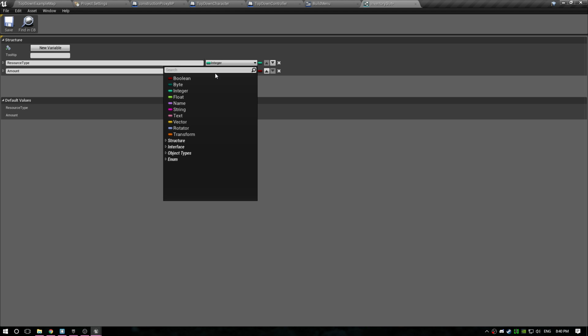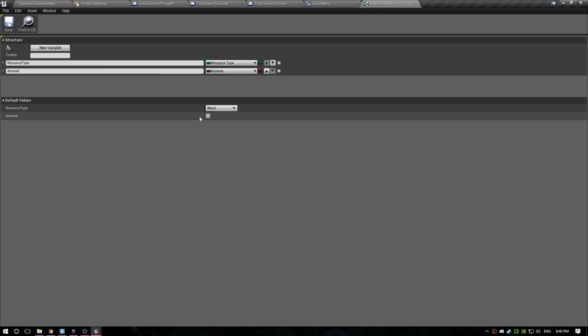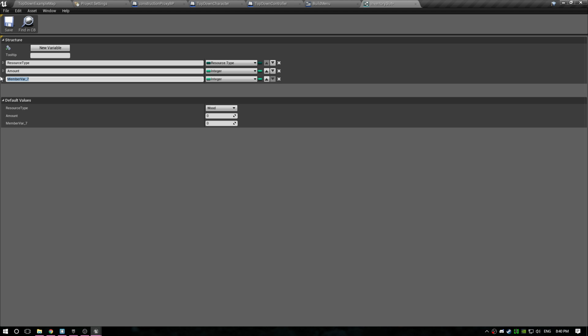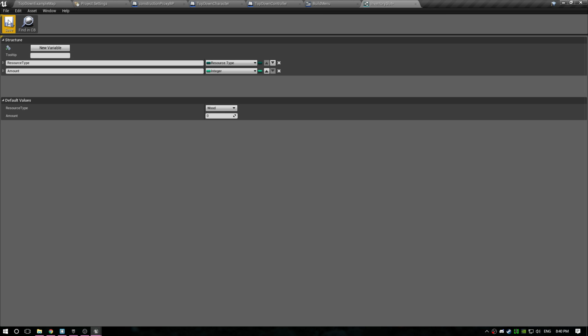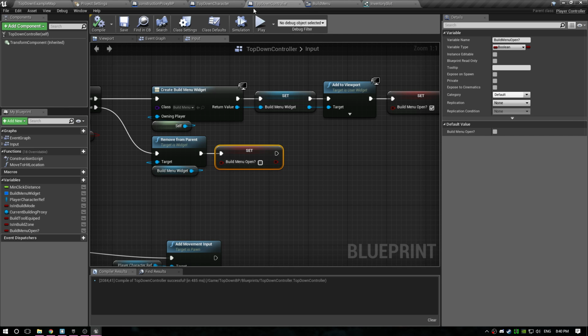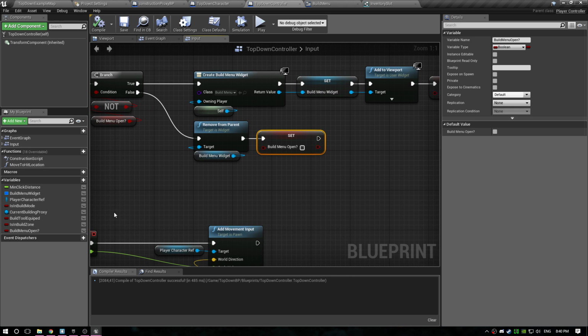So this is our resource type, and this is an integer. We could make something like max stack, but I'm not going to do that. So our player needs something like this. What we're going to do is create a new variable and call this